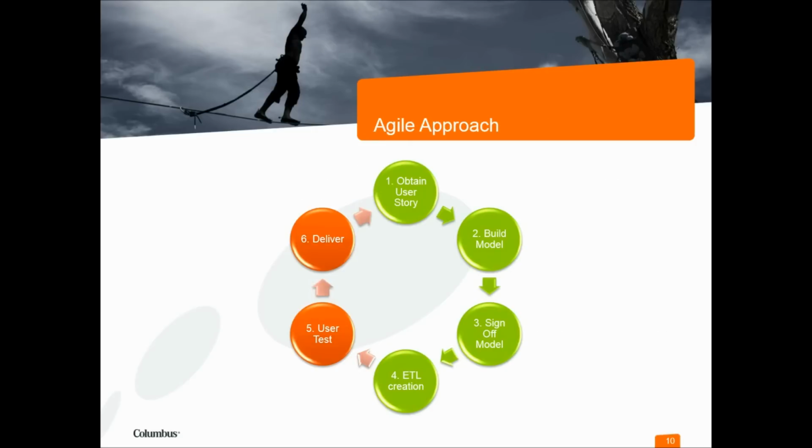So this is where we're at in our agile approach, in our agile model. We've done our ETL creation. We can now hand over our system with fully working data in an analysis services cube for user testing managed by Sarah, and then Sarah, with the help of Oliver from IT, can push that out to the users. And then we start the loop again, and we go back and obtain a user story, which might be an embellishment on the one we've just looked at, or it might be a brand new requirement altogether,